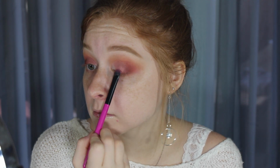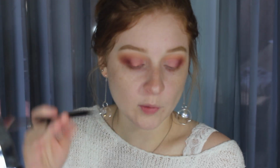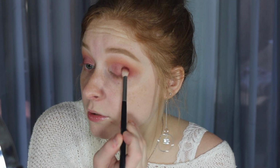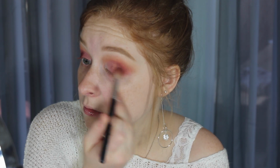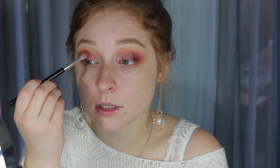So with that same brush, I'm going to take the middle shade and tap that right on top of the cream lip paint that we just put on. That will be my dog shaking. I'm going to go back in with that last brush we used in the darkest pink shade, just kind of tap out those corners. Make sure it's nice and blended. You gotta be blended. I'm going to go back in with that fluffy brush and just kind of blend the two a little bit. Not too much, but